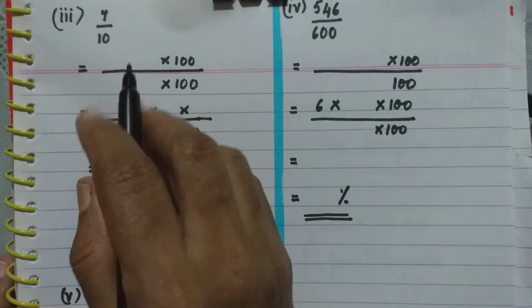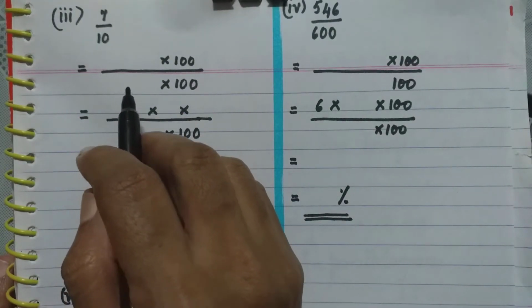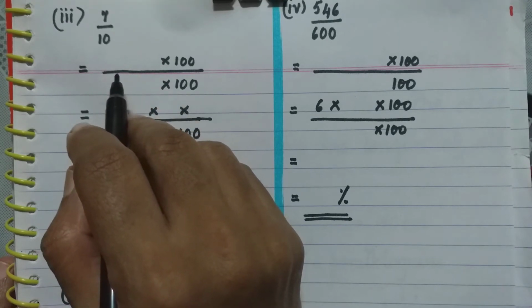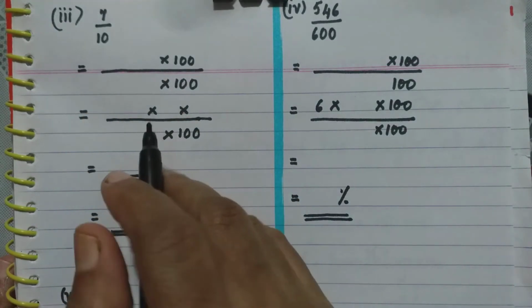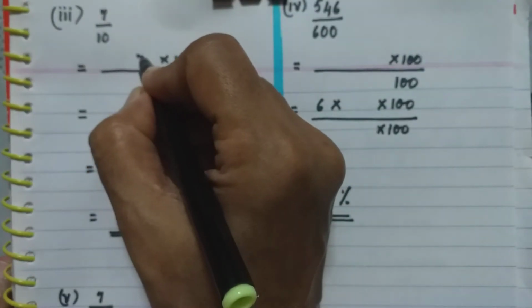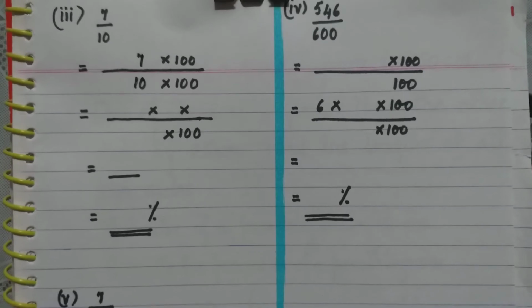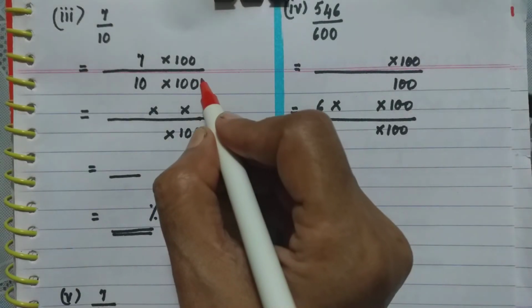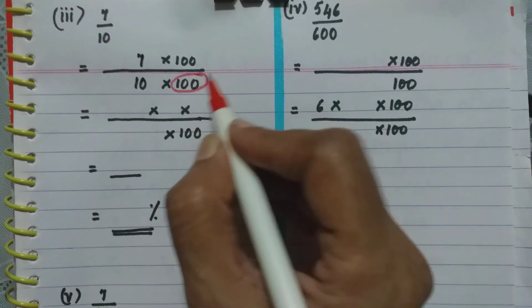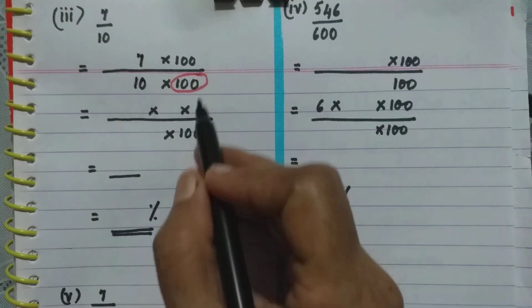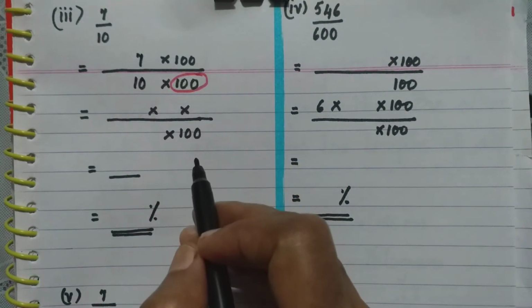Next sub question is 7 upon 10. Okay, so 7 upon 10, it is already given here as a fraction. So we multiply and divide by 100. So you have here 7 upon 10. This 100 in the denominator, we leave it as it is. You don't have to circle it as I have circled. I am just reminding you that this 100 should remain as it is in all the steps.